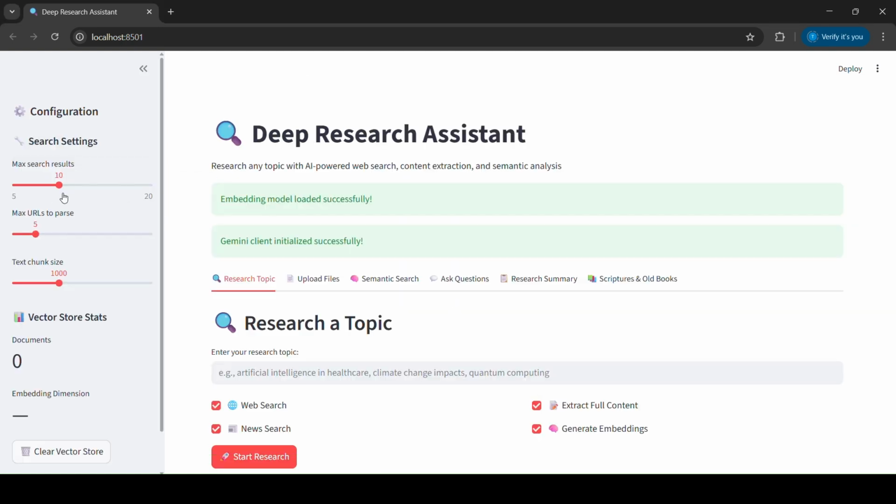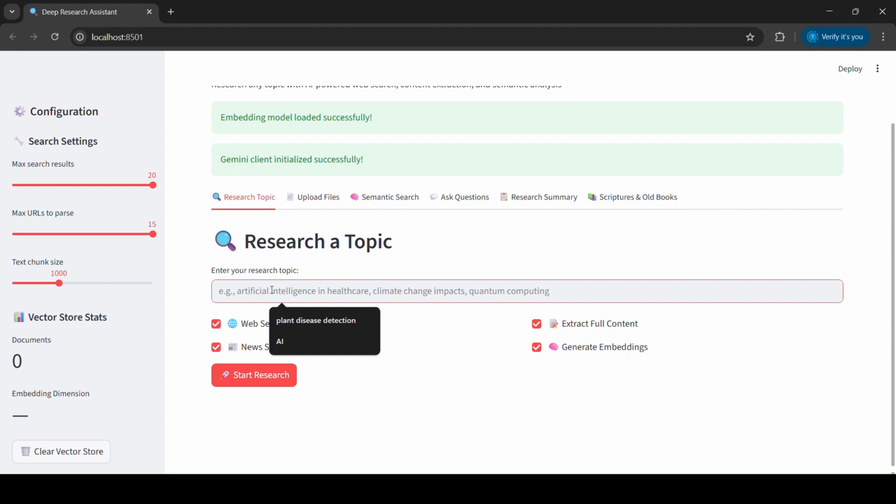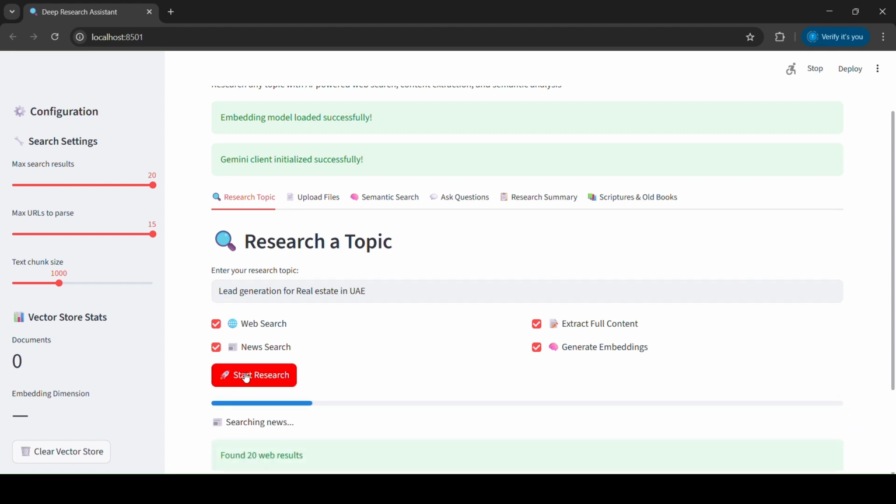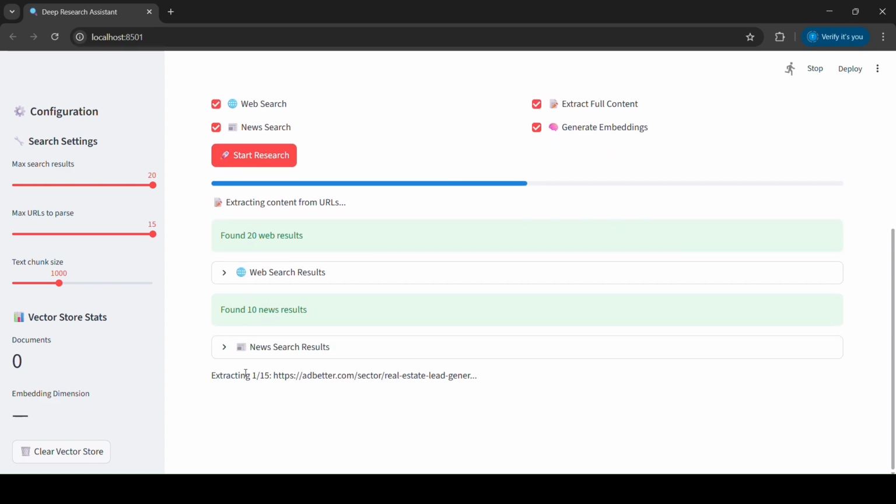So let me show you crawl or ingest. Once you give the Gemini API key over there, you will come to this page, and this page is the main app. Let's search something like lead generation for real estate in UAE. Okay, so this is the process where we are crawling and also ingesting